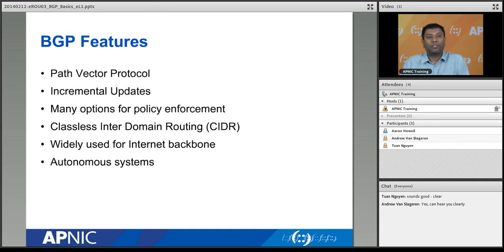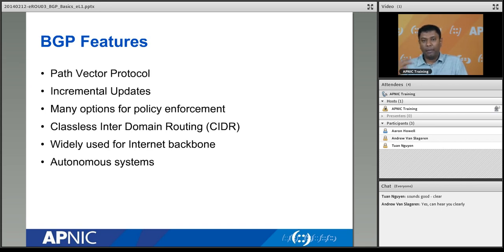And in BGP, there are so many options that we have to implement policy. We have a significant number of options, and using them we can implement BGP policies. For example, BGP policies are normally used to select the best path. To influence the best path selection process, we use some attributes in BGP, right? Normally in BGP, they call those attributes